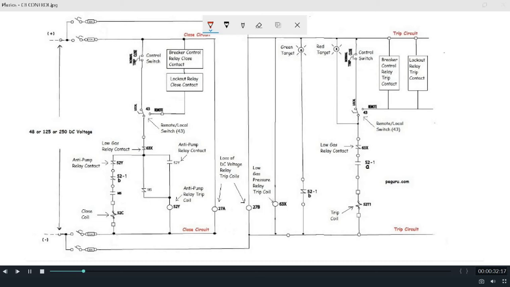But in general, when we talk about 132 kV level circuit diagrams or above, then circuit diagrams are provided with double DC supplies. From the diagram it can be observed that the DC supply used for the circuit is 50 volt or 120 volt or 250 volt, but the practice in India is 110 volt or 220 volt for all the substations above 132 kV level.